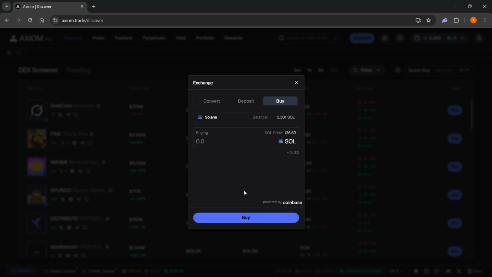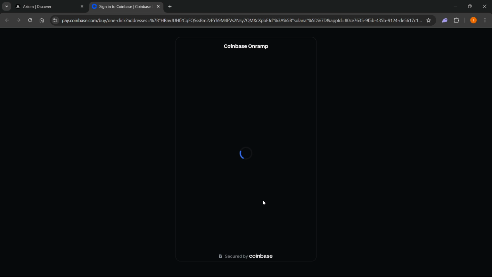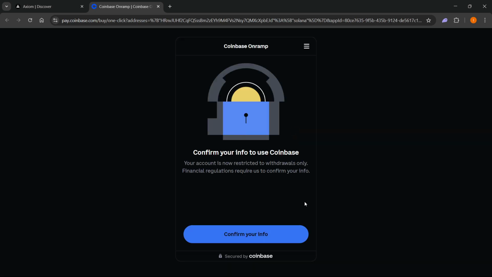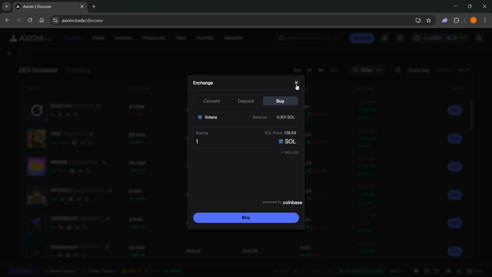So let's say you want to buy one Solana, you can click one and then press buy over here, which will redirect you to the Coinbase account where you will first have to sign in. Once you sign in, you'll have to confirm some of your information, as you're going to see in a second over here. There we go. After you confirm this, you'll be able to buy that amount of Solana and fund your wallet. So that's pretty much